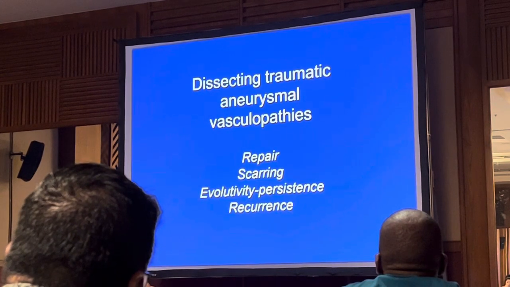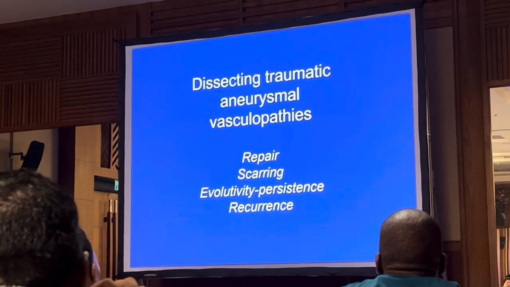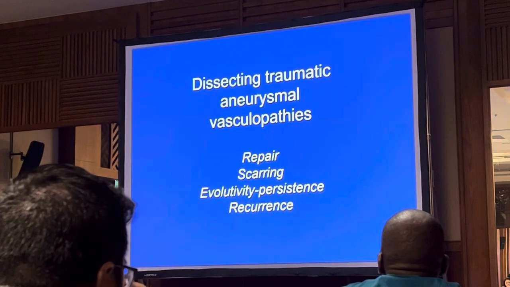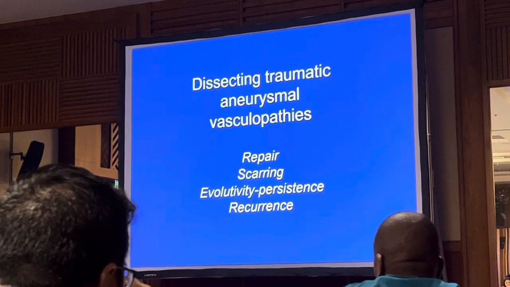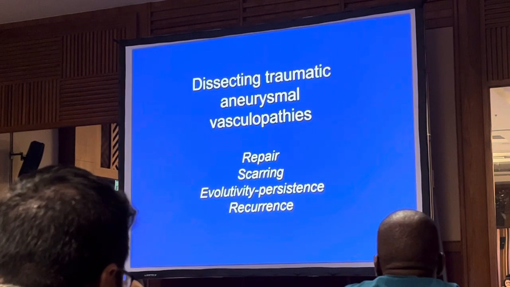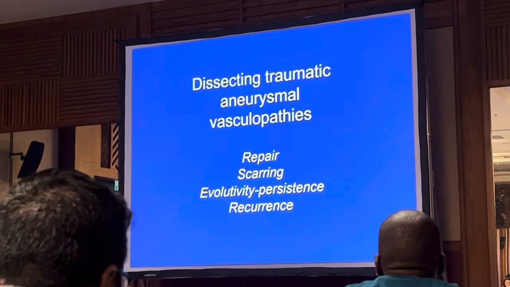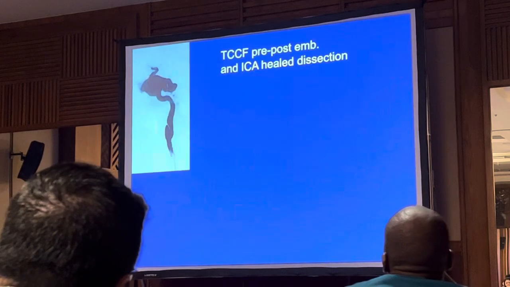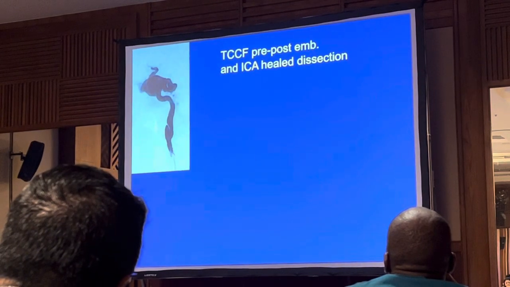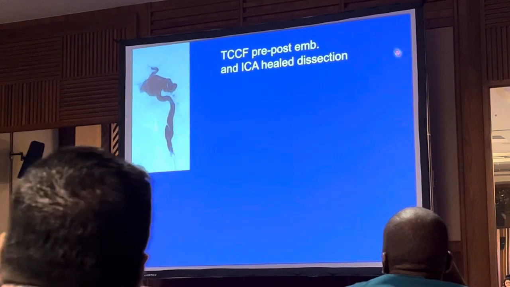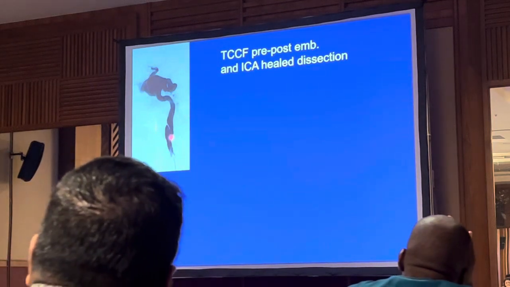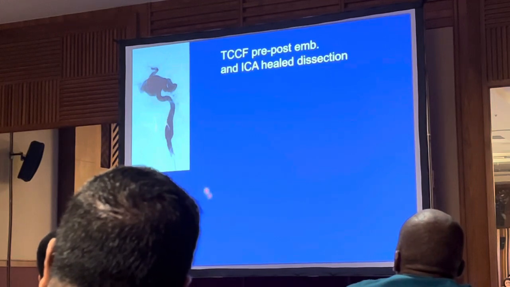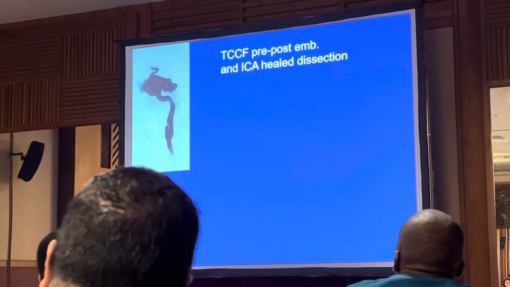This is a slide that I show you from dissecting aneurysmal vasculopathy. If we add trauma as the cause, then the reaction will be the same. Dissecting traumatic aneurysmal vasculopathy can be repaired, can scar, can be evolutive and persist, and it can recur. An example is this big CC fistula at the skull base; looking at the cervical area, you know that the same trauma created this